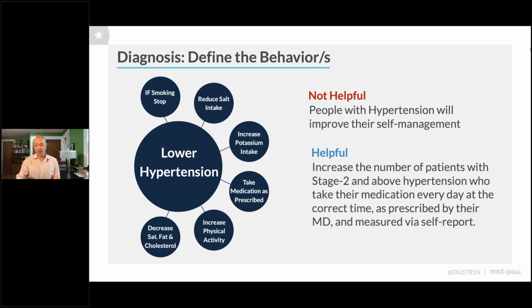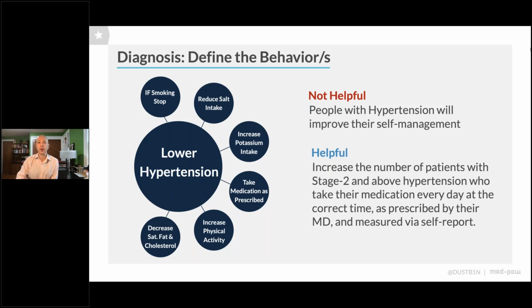What behaviors? It could be if people are smoking, have them stop smoking. It could be helping people to reduce their salt intake, increase potassium, take medication as prescribed, increase physical activity, decrease saturated fat and cholesterol, and a few other things, right, that are reliably linked to lowering hypertension. So understanding what behaviors are reliably linked to those outcomes,